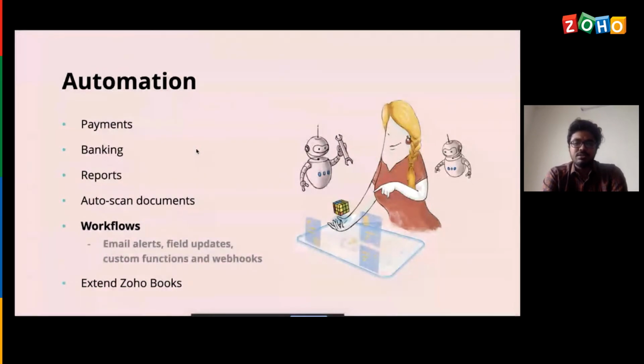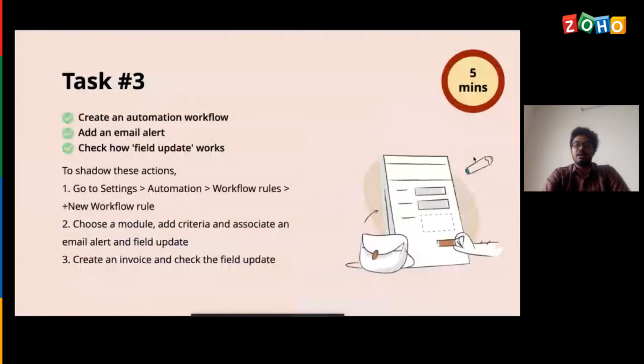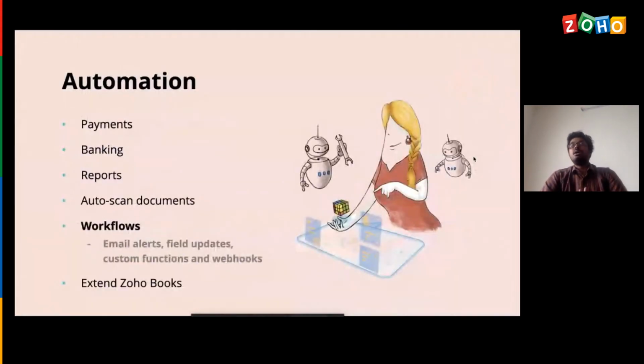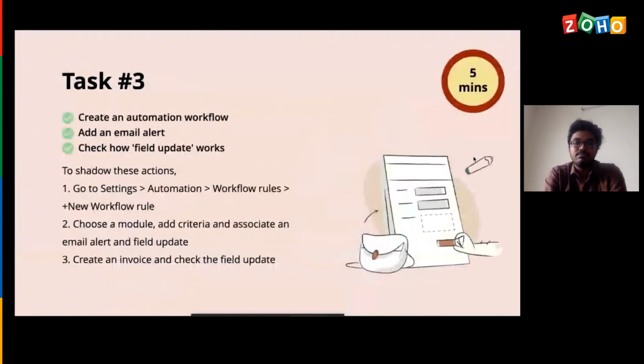Apart from these automation features, what if we have to communicate with another third-party application, to gather information and perform some operation in Books? This could also be done, as I was constantly telling you about the Books open source API. We could make use of the Books API and set up any action that has to be performed based on your requirement. So with the things I've said right now, I have a small task for you.